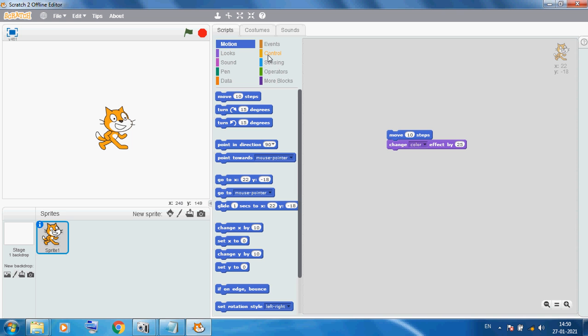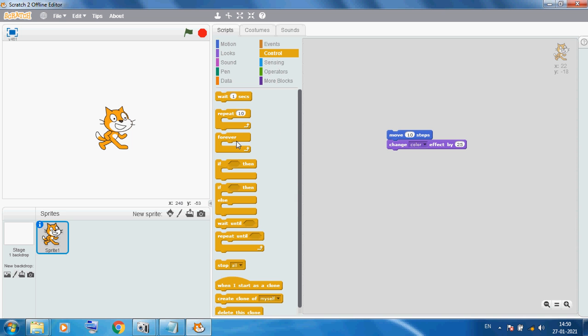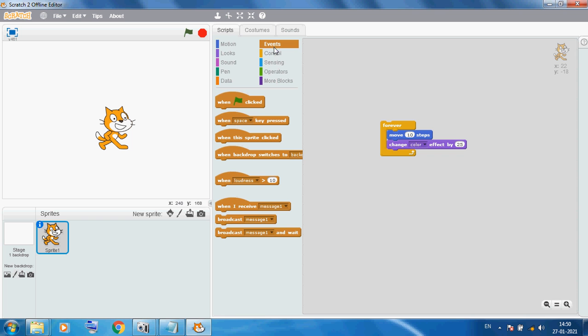Here I am using the control block, forever, which means always: when it moves 10 steps, it automatically changes the color. Here I am using when this is clicked. Students, now you can see I am clicking this object and you can see the result.